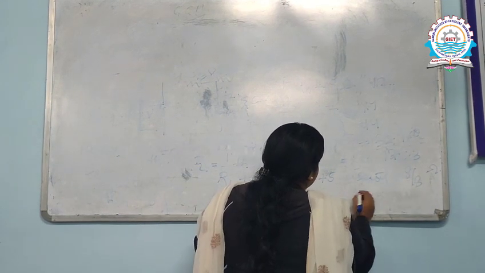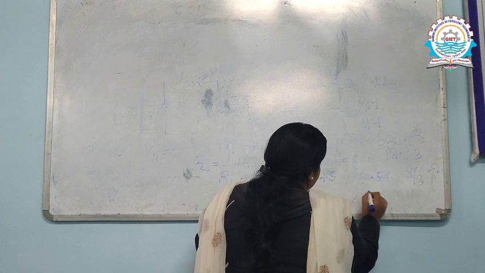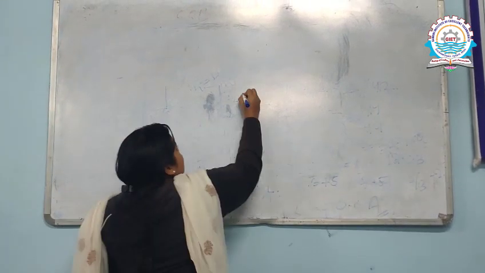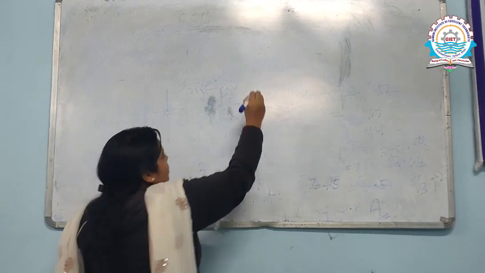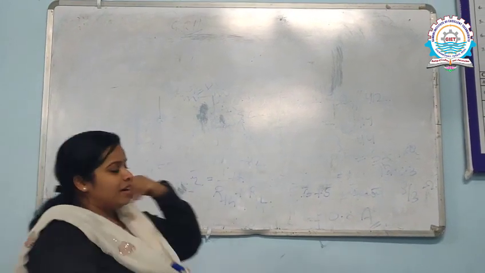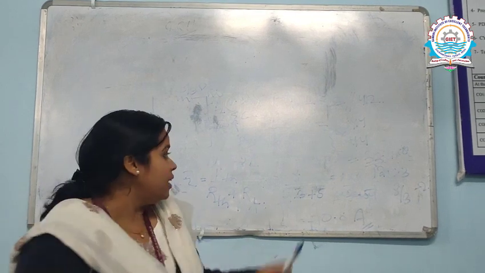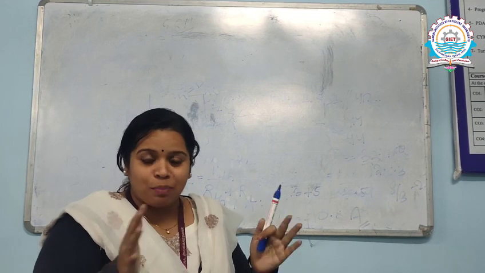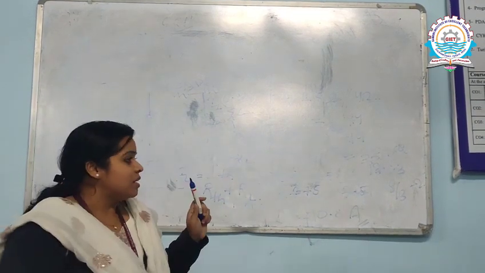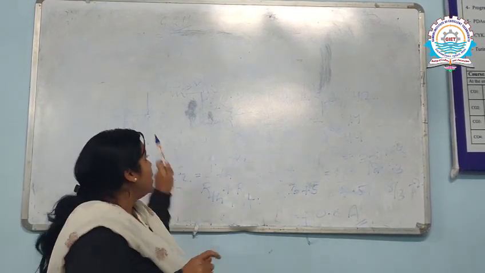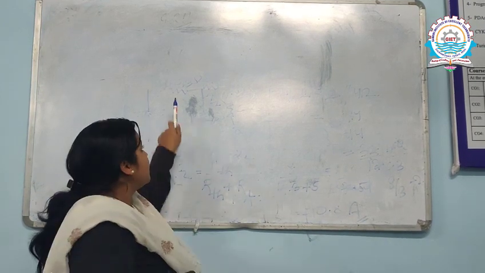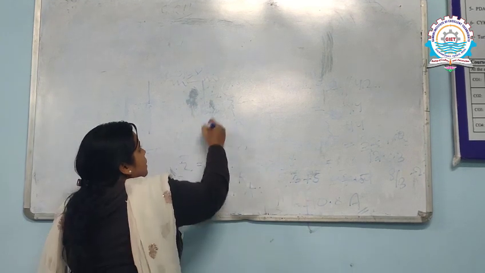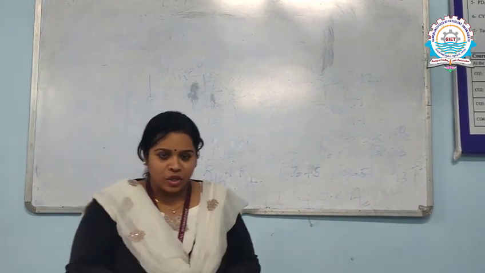So 0.8 ampere. This will be my IL current, that is 0.8 ampere is flowing through this. Hence we come to an end that this is your Thevenin's equivalent circuit, where a complex circuit is being reduced to a simple circuit, and the simple circuit should comprise the Thevenin's voltage VTH, the Thevenin's resistance RTH and the load across the A-B terminals. This is the Thevenin's equivalent circuit.